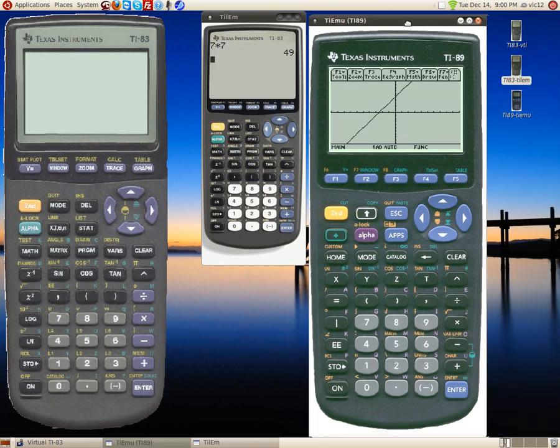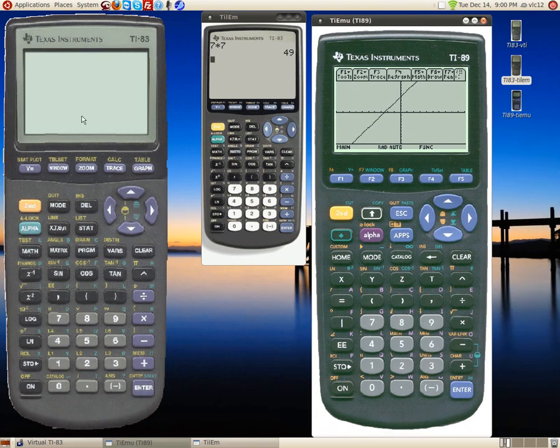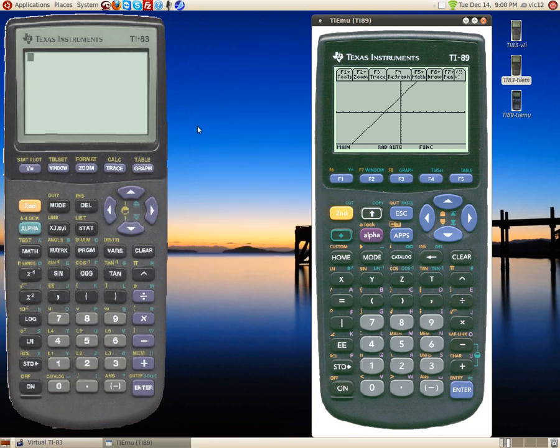But anyway, like I said, all three of these pieces of software are available for Windows and for Linux. It's just that to get the VTI to run on Linux, you have to allow it to run with Wine, which those of us that are Linux users, we know exactly what that is. All three pieces of software are totally free, and you can use them. Out of the three, there are two that I love the best. I love the VTI and the TIEMU,